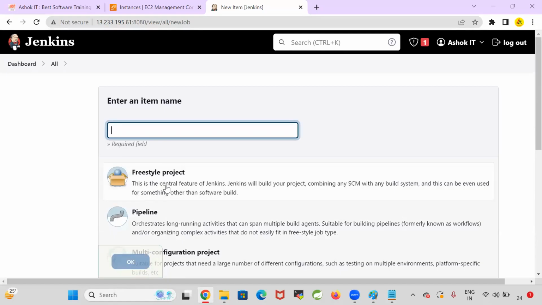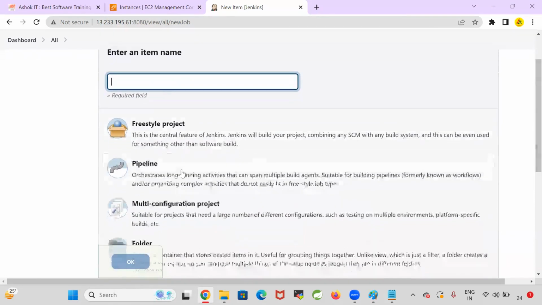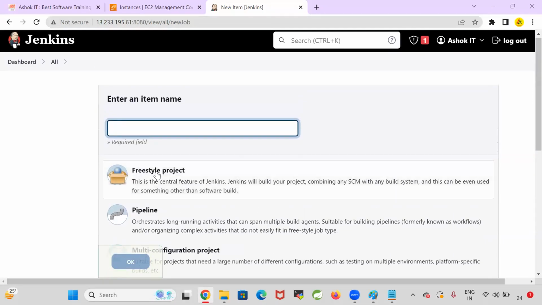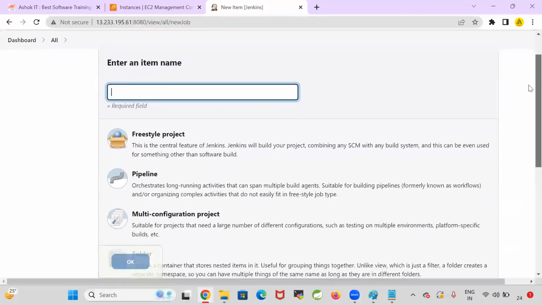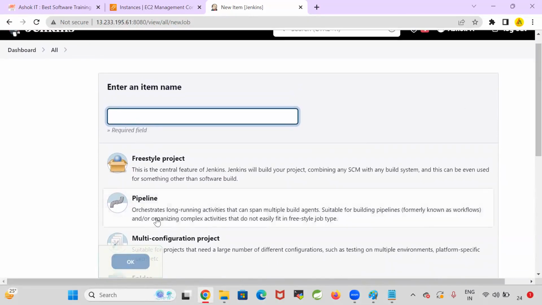Freestyle project is the central feature of Jenkins. It will build your project combining any SCM with any build system, and this can even be used for something other than software build. And coming to pipeline, it orchestrates long-running activities that can span multiple build agents, suitable for building pipelines known as workflows, organizing complex activities that do not easily fit in the freestyle job type. So if you want to perform a simple build and deployment process easily, then you can go for freestyle project. If you want to implement a complex workflow in your build process,